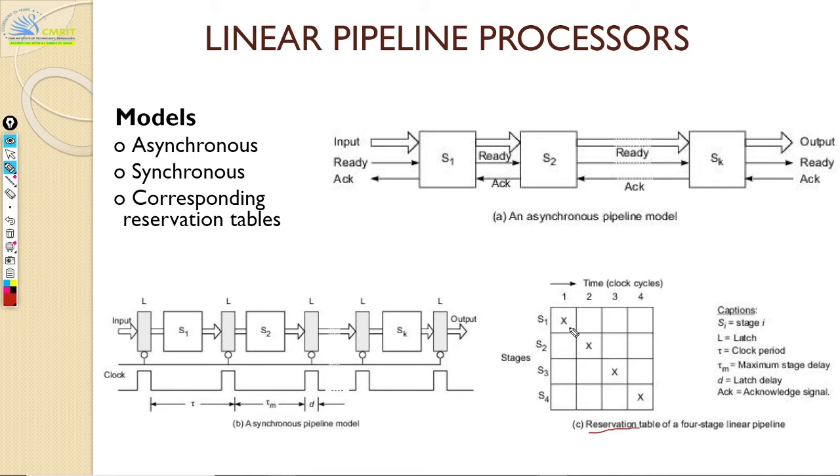So here, as we mentioned, these are the individual stages: stage 1, stage 2, stage 3, stage 4. This could be your fetch, this could be your decode, this could be your execute, and this could be your write back. It's just for a simple pipeline; it could be anything. Depending on your pipeline, these stages could be different, and you're going to track at any given instant of time what a particular stage is doing.